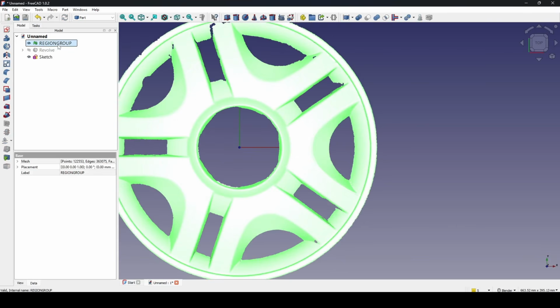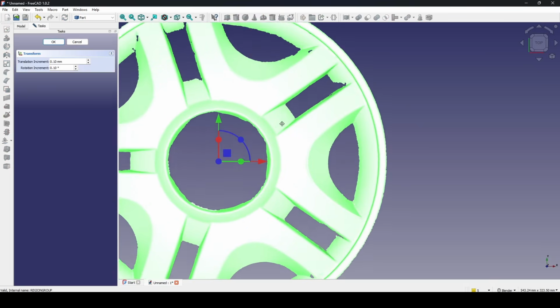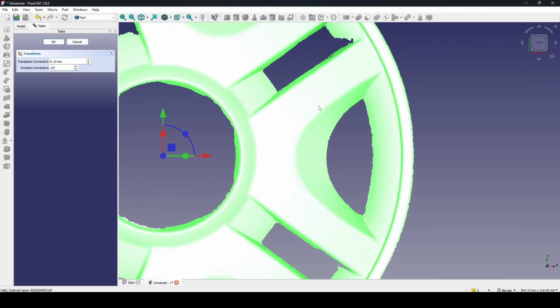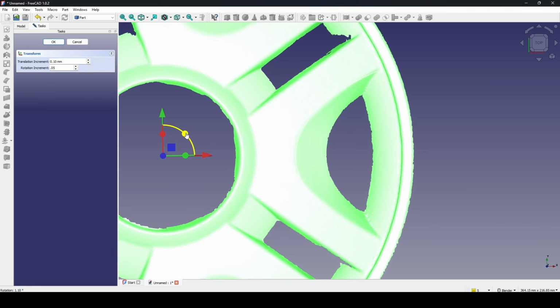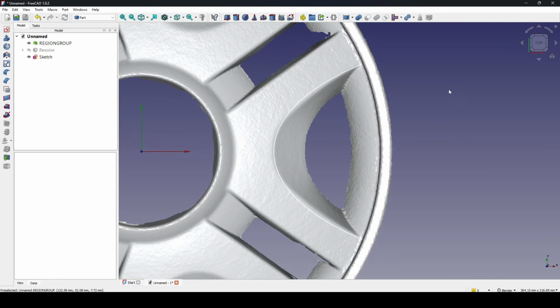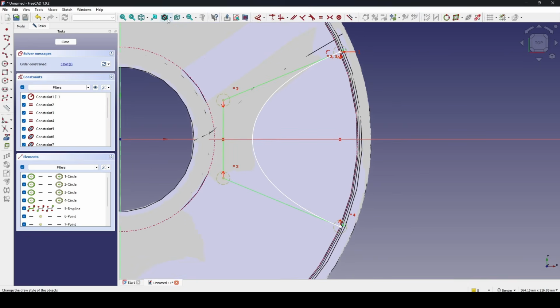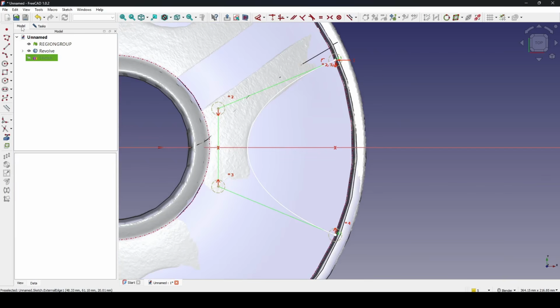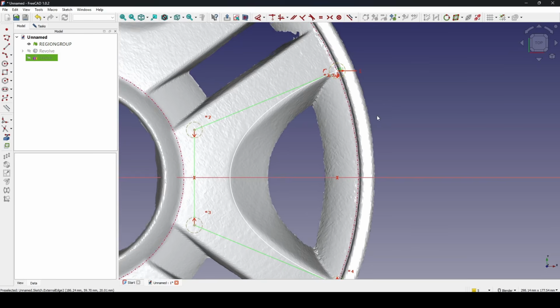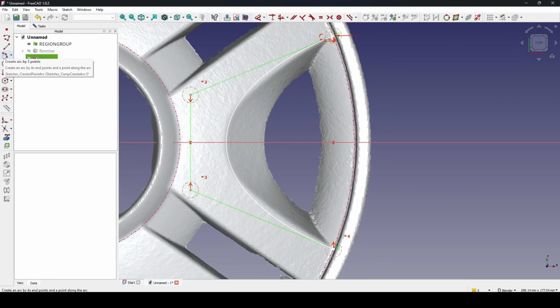Click on the mesh, go to the transform, and I can rotate it 0.05, and you can see this line over here just rotates up a little bit. And come back to the sketch as is. Go to the model tab and hide the revolve. Okay, nice. Now I can create an arc